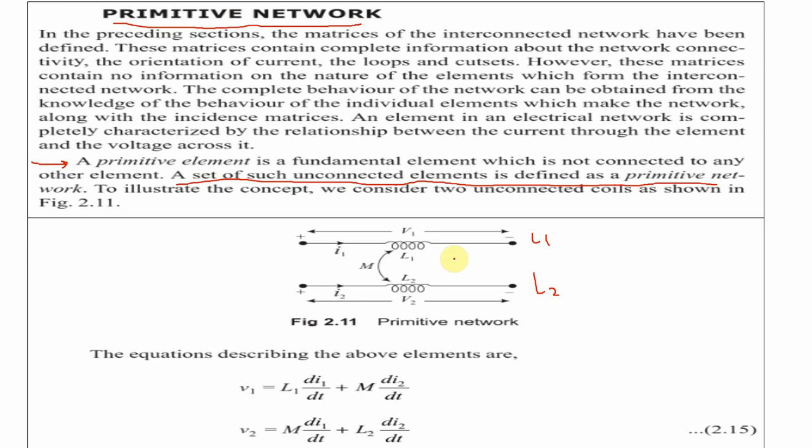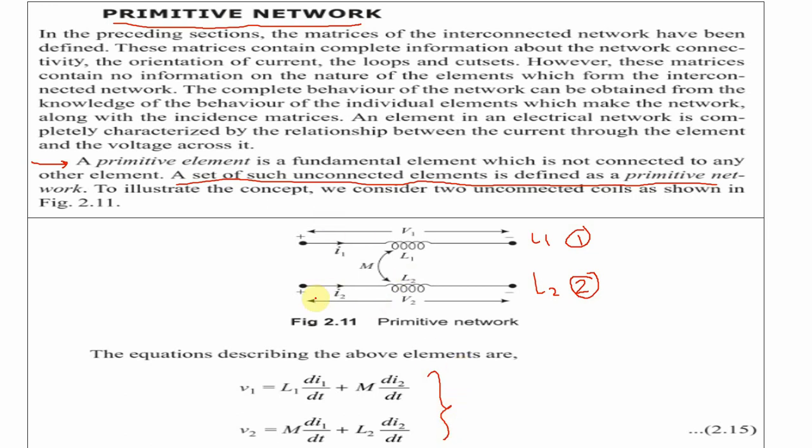In this figure you observe that this is element number 1, this is element number 2. They are separated from each other, maybe at equidistance, but they form a network due to the mutual induction principle. So such a network is called the primitive network, and such an element is called the primitive element. Here, these primitive elements are fundamentally separated from each other. Now we have written these equations